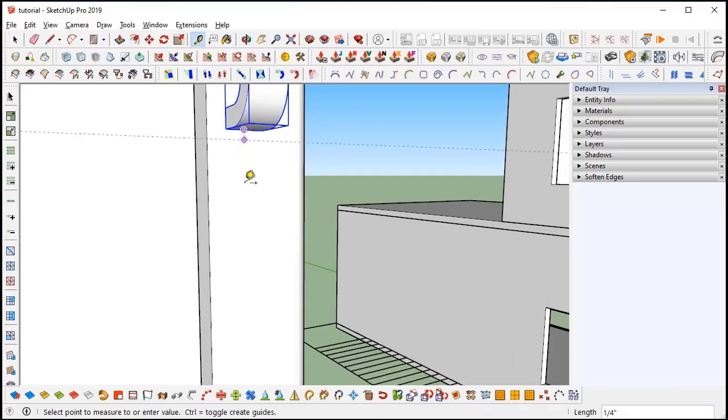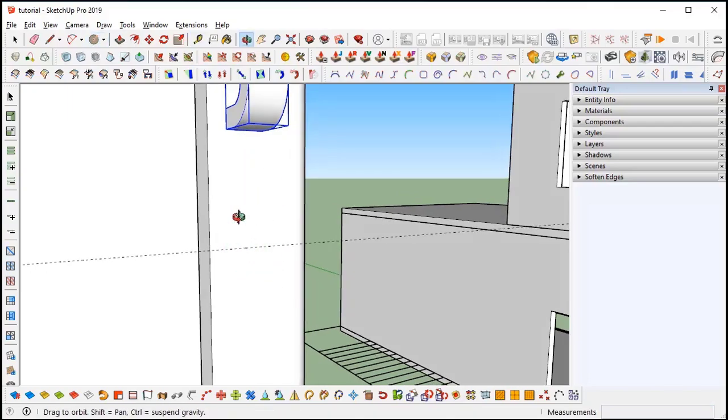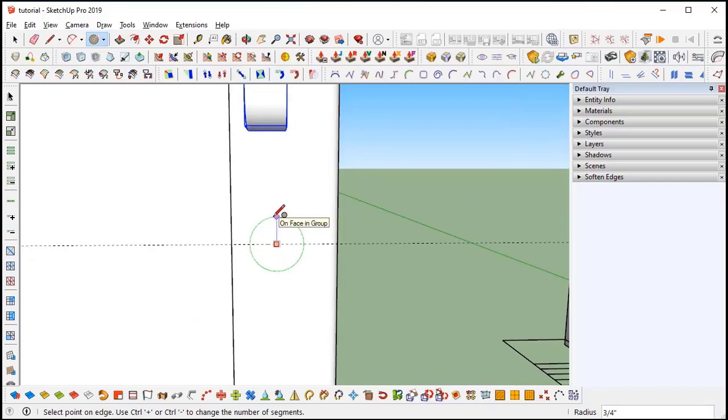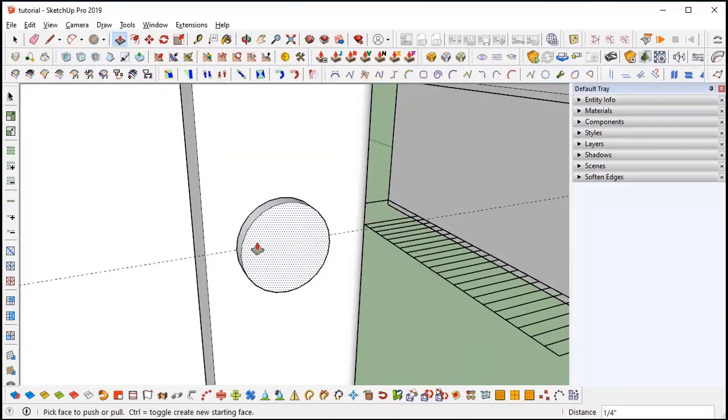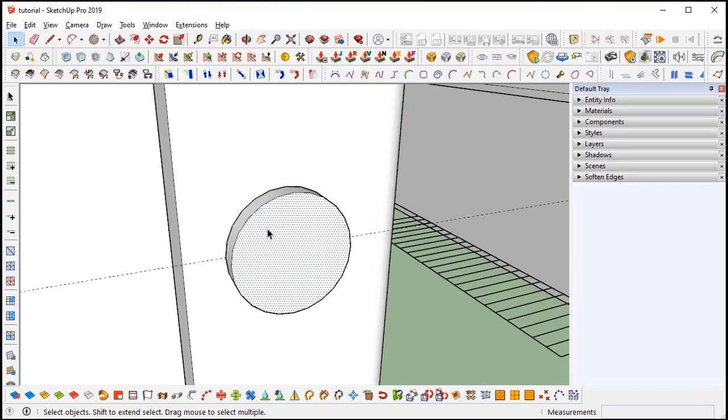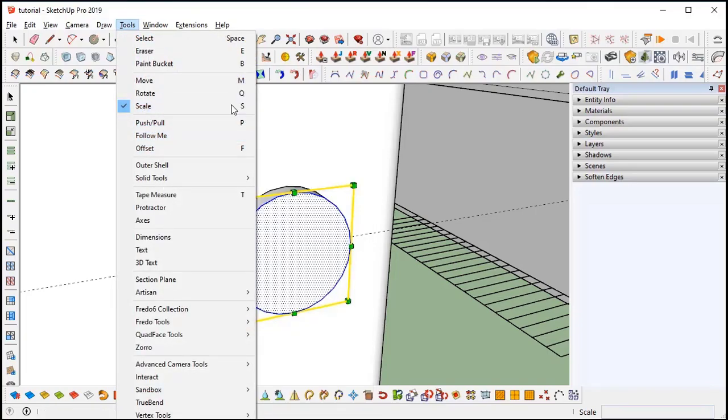Just trace it, and I will create a circle to create a keyhole, 0.75 inches. And I will push pull it. I'm just eyeballing it somewhere approximately, you can do it there. And I will use the scale command. Shortcut is S, Tools, Scale,